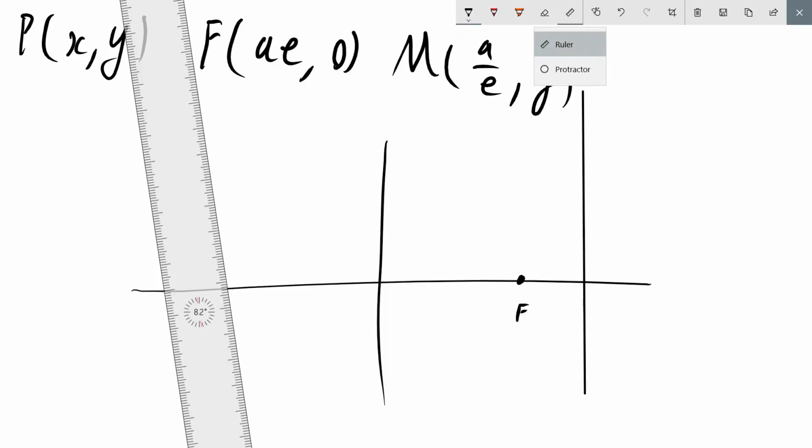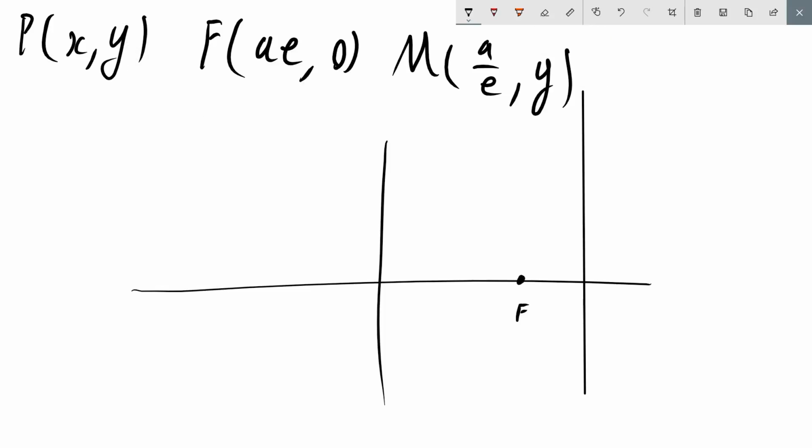In this case, it's going to be x equals a over e, and this straight line here is going to be all possible points of m. So with that in mind, our condition is